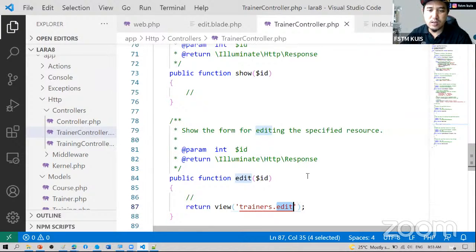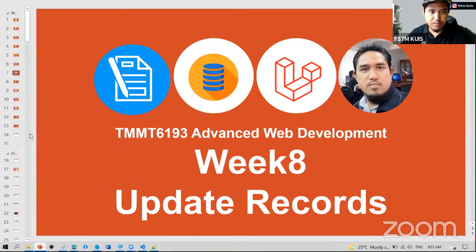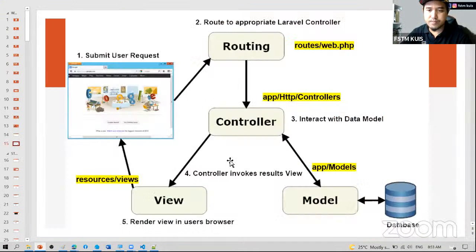Because as I always repeat, we have a controller, which is the edit controller, to show the edit.blade.php. The controller needs to be called or invoke the function edit. That particular edit function will actually show you the view in edit.blade.php to the user. This is just to show you the form, not yet extracting the old database, not yet extracting the old record,